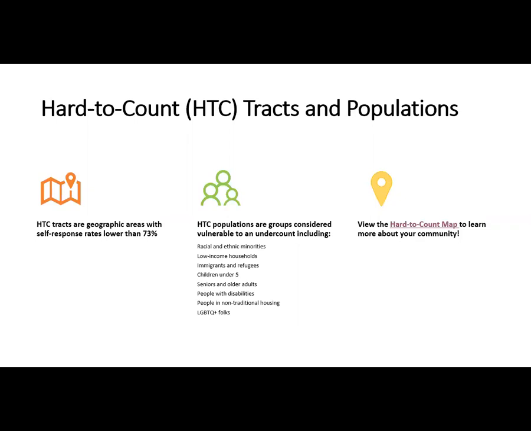Something to consider about populations that are more likely to be undercounted: not only are they more likely to be undercounted, they are more vulnerable when there is an undercount. So undercounting young children might affect funding for SNAP and WIC, which then in turn harms that population. So we want to make sure that we're getting the word out to groups that might be further marginalized by